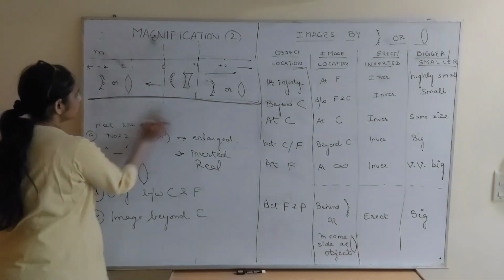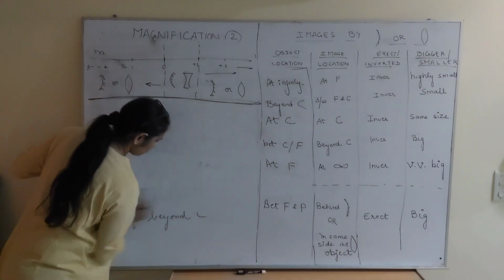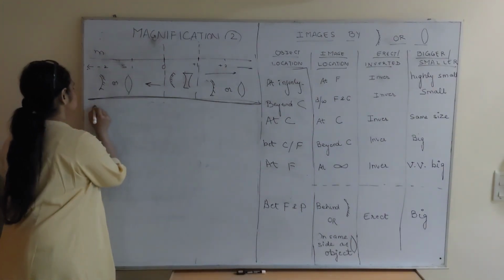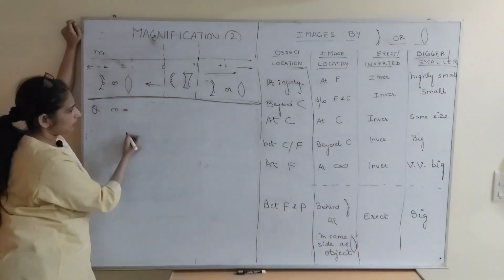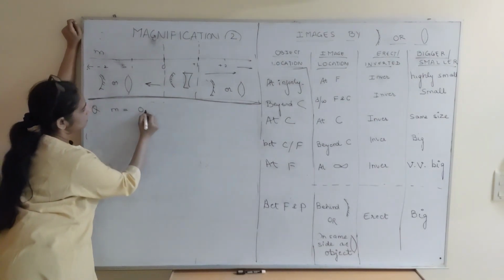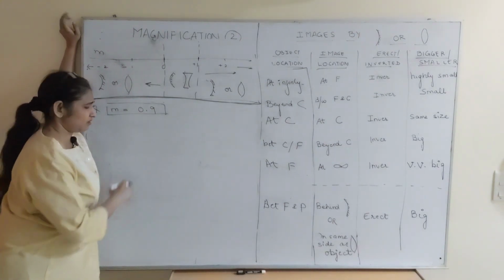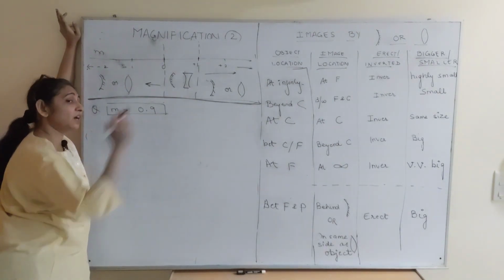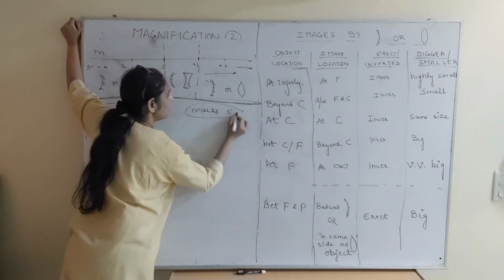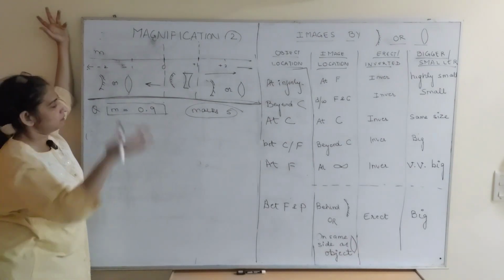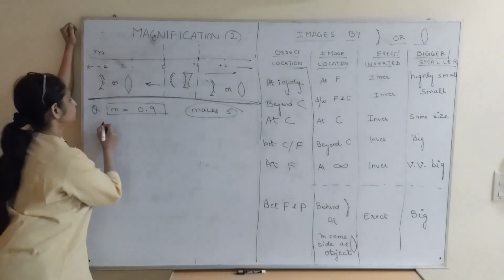Sure. Now we'll take the last example of this episode. Let's take the magnification as 0.9. This is what is given to us. Tell in detail, it's like a 3-marker or a 5-marker question. Imagine it's a 5-marker question and it carries 5 marks. This is given, and you tell everything you can. What do you do? Easy, we know the tricks now.